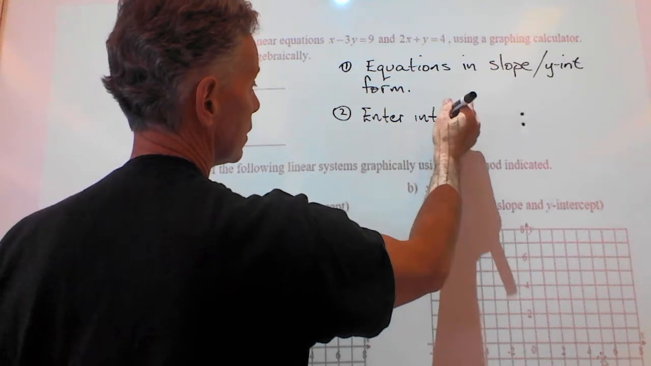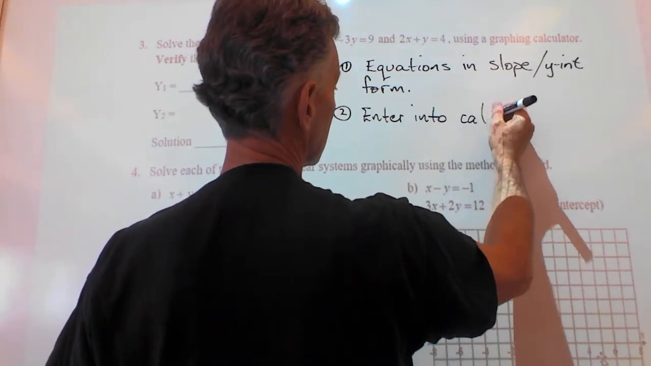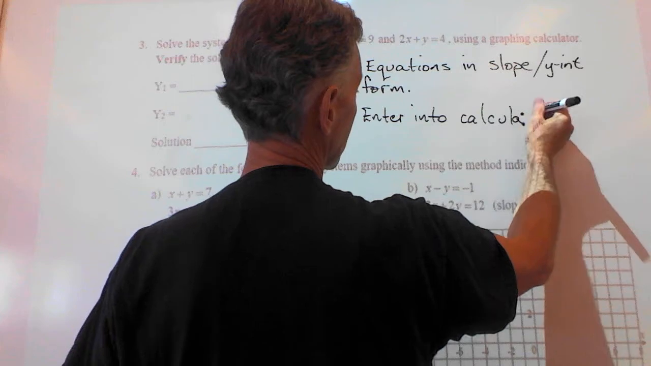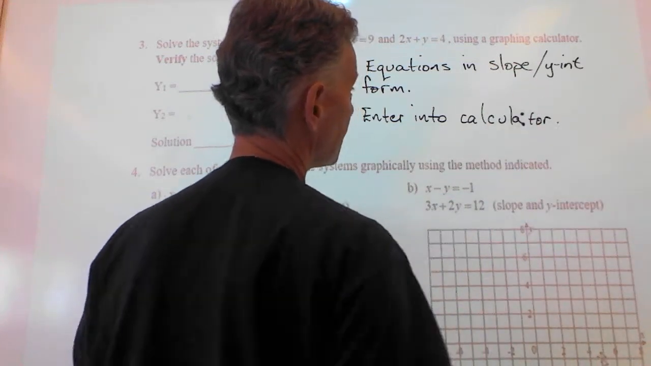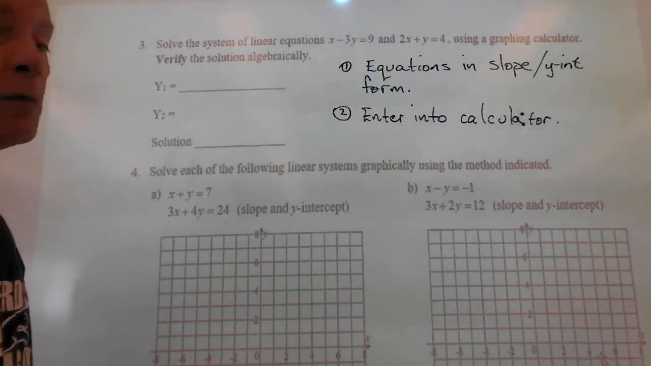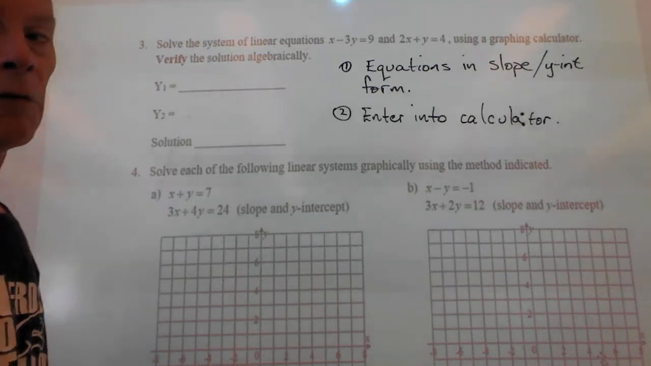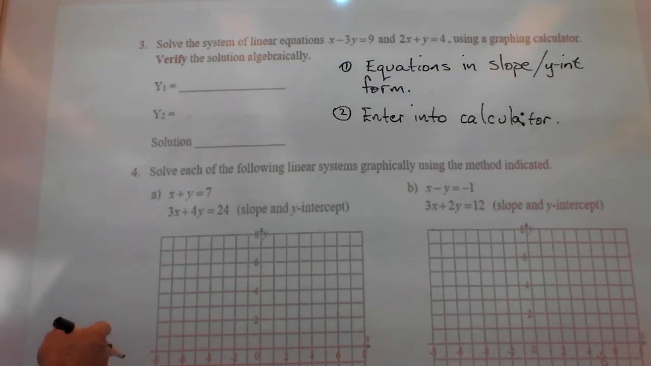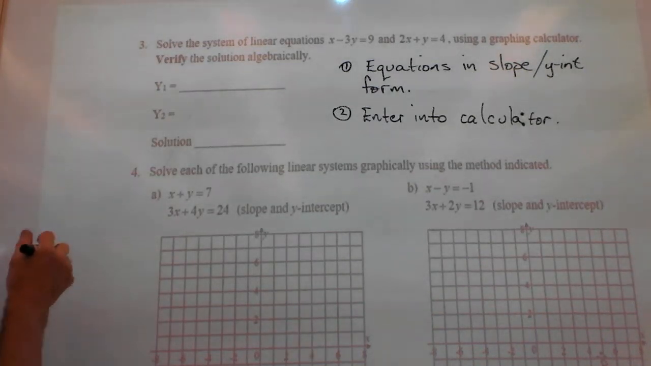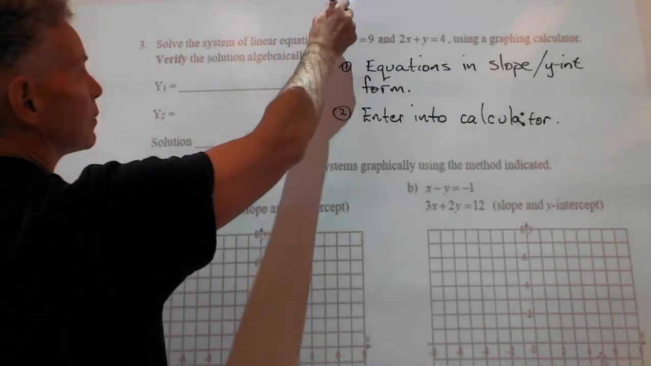into calculator. And we'll talk about that in a second. Okay? First, let's put them into slope-intercept form. And it looks like we've got enough room over here. So for our equation 1,